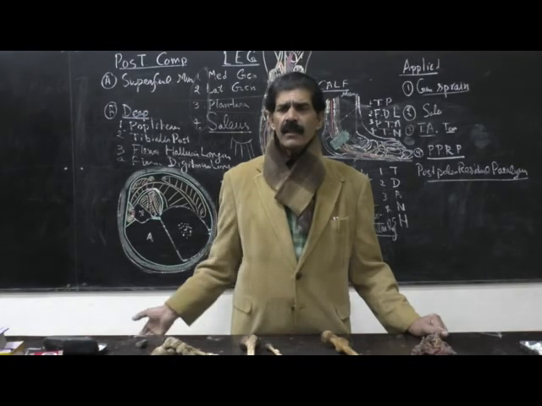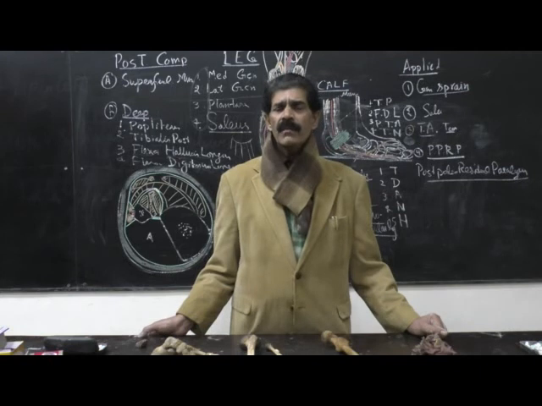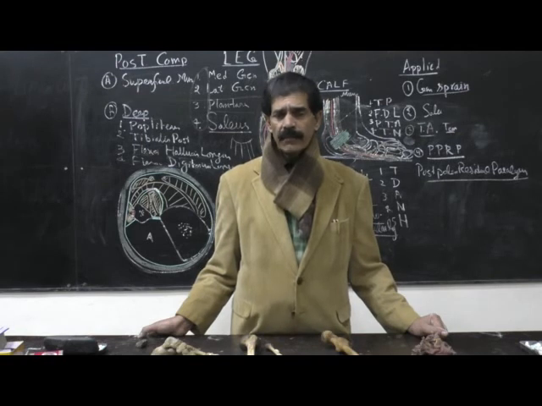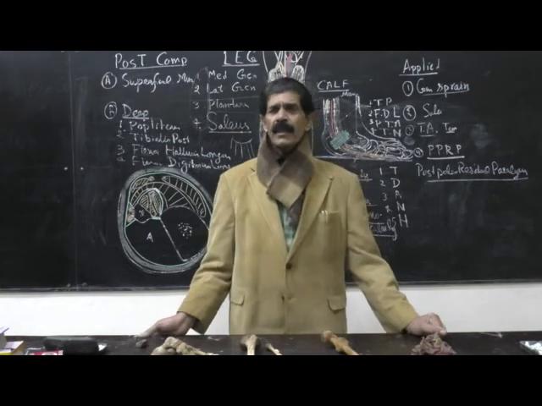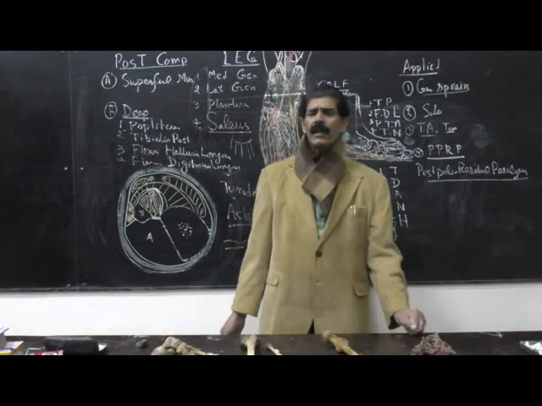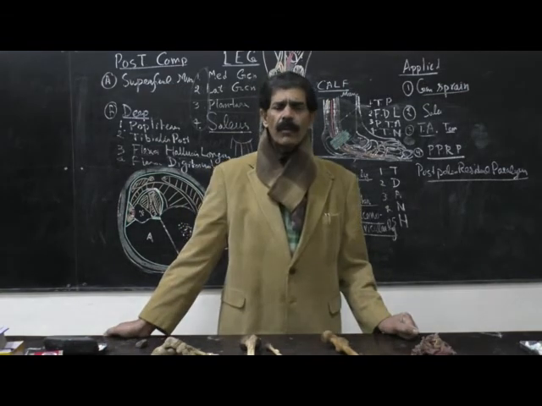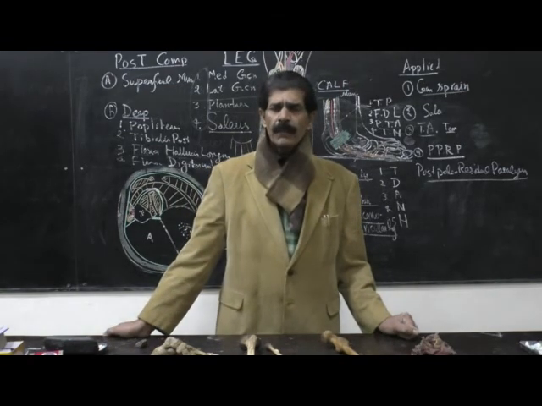Plus we have seen that all the three compartment muscles of the leg, plus the muscles of the sole of the foot, are all supplied by the sciatic nerve branches, that is the common peroneal and the tibial. So all the muscles supplied by the sciatic nerve will undergo atrophy. And because of the atrophy, there will be Volkmann's ischemic contracture or a Volkmann's contracture type of state. The muscles become ribbon-like, non-functional.